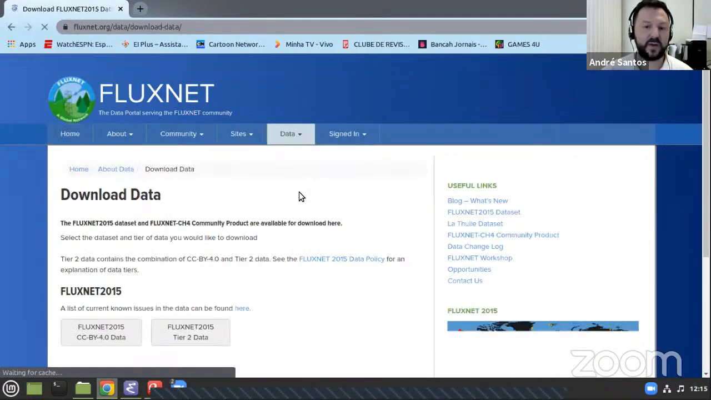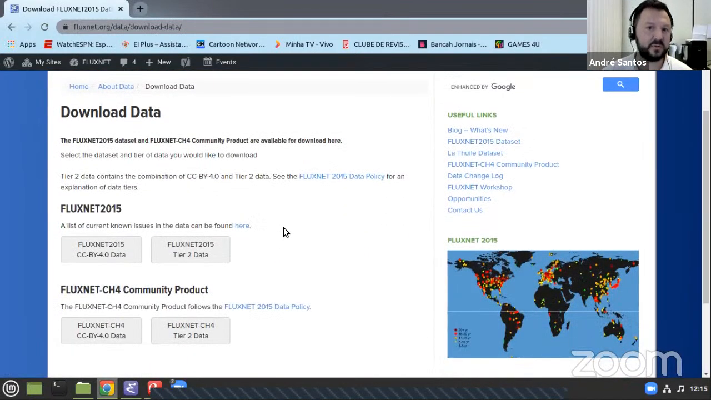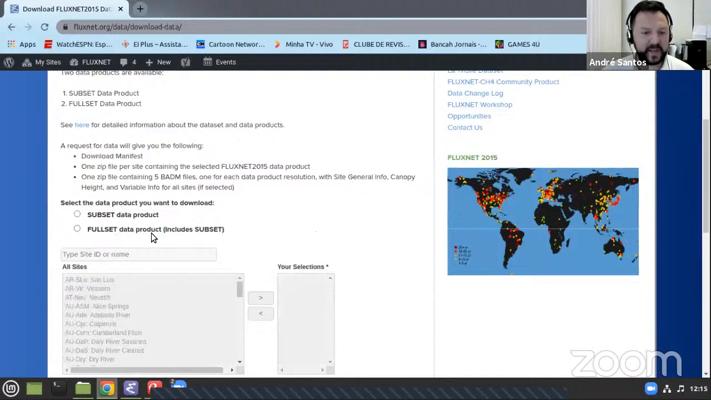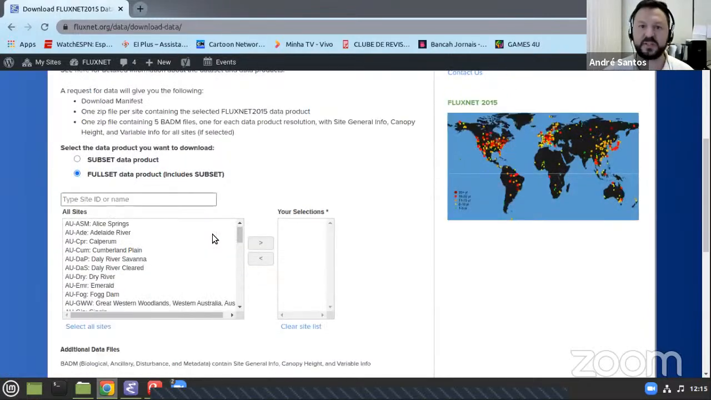I will show first how to download the data. For those who didn't download the data, you can start downloading, and while the data is downloading, we can go ahead with data formats and other things. Here, on download data, choose the FLUXNET2015 dataset, CC BY 4.0 data. And here I suggest you select the full set, so Lucas can work with many